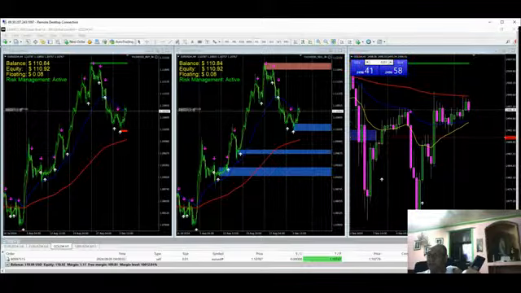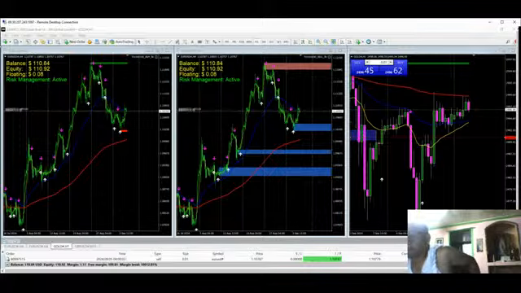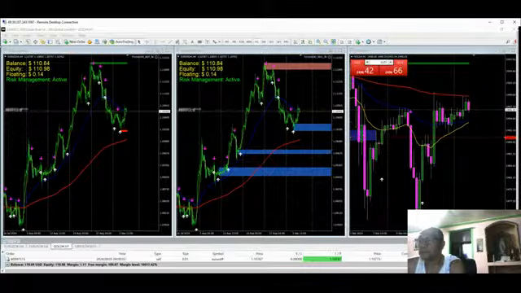Here, we have the euro-dollar 1-hour time frame on the screen. As you can see, we have a perfect CRT model based on this 1-hour 9 a.m. candle range. We have all 3 steps of the power of 3: accumulation, manipulation, and distribution. After forming this large candle as CRT's range candle, we can see that the price swept the liquidity accumulated below the first candle with a wick, then closed inside the range. After that, the price was immediately pushed to the